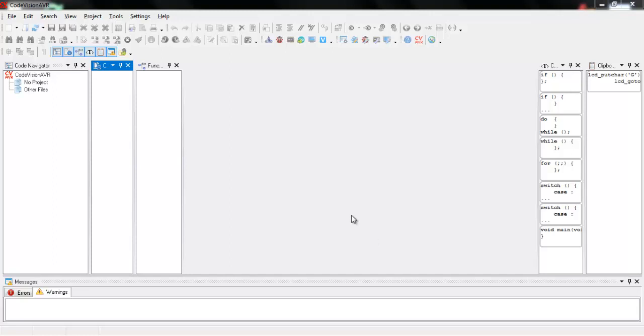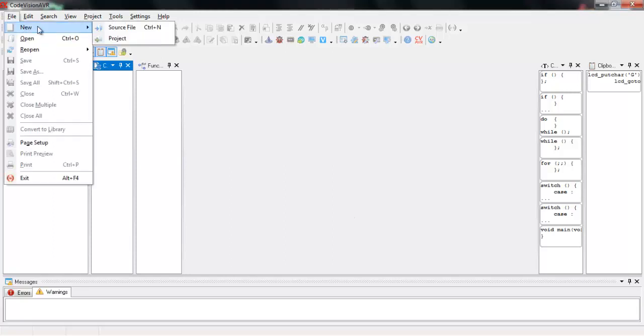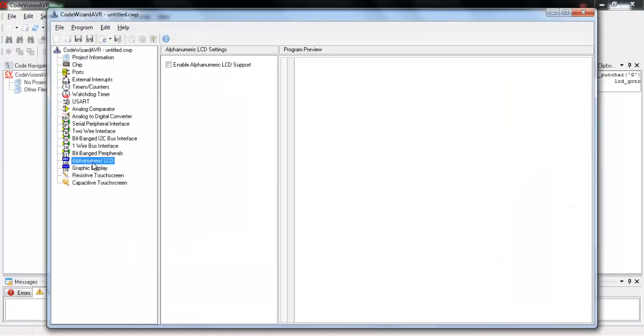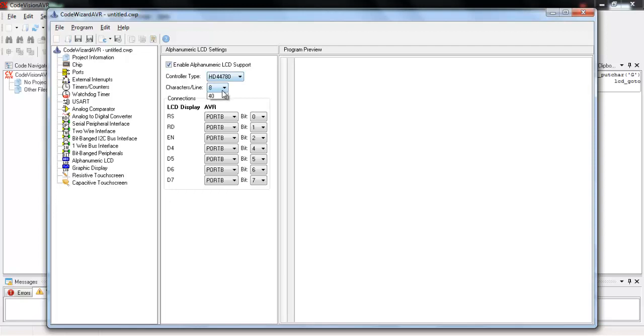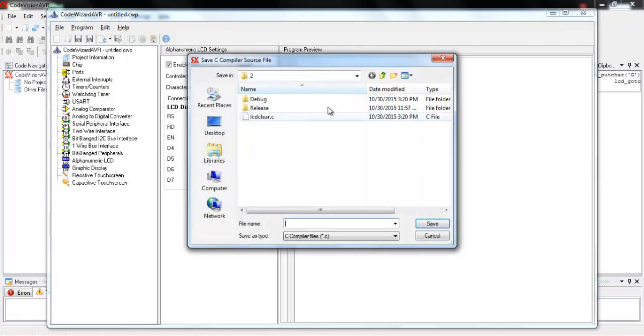Now let's start with the next function, which is LCD_puts. First of all, make a new project again. Okay, so now configure the LCD. Here you can see it says PB5 and PB7, it says in 4. So in this way we are configuring the LCD. Now save, generate and exit.